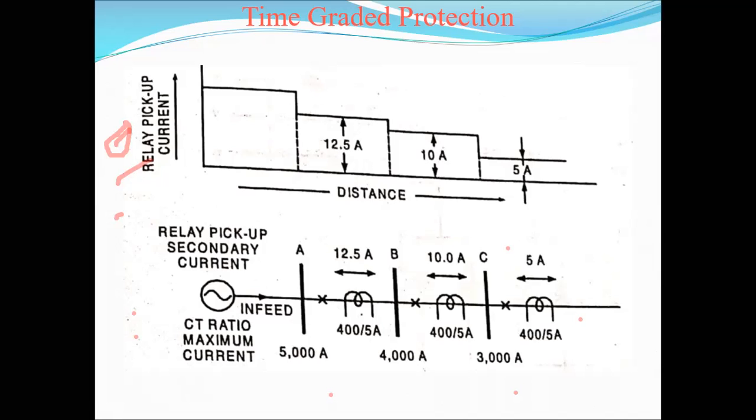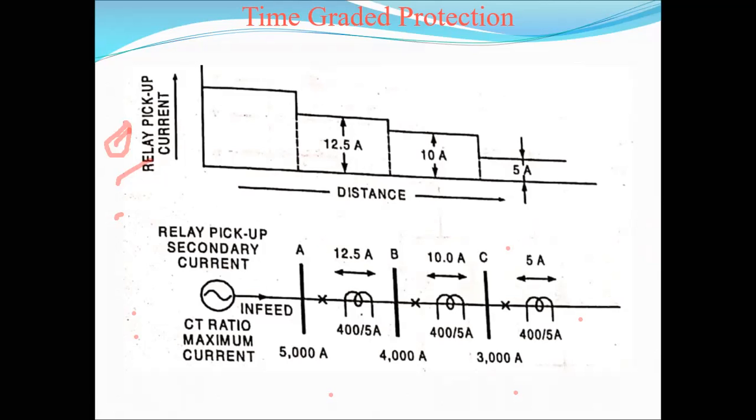For continuity of the supply, or to improve the continuity of the supply system, we are using time gradient relay protection or current gradient relay protection. For small short circuit currents or small fault currents, we are using the time gradient protection of a feeder. For large short circuit currents or large fault currents, we are using the current gradient protection. In the name also we have time and current. We grade the time and we also grade the currents.